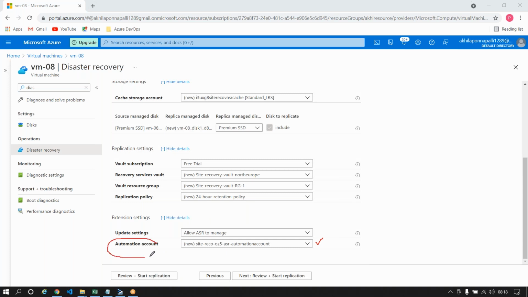That was what this particular creation wizard is kind of telling you, that, hey, I'll basically create something known as an automation account that will take care of all this process. Now, what this automation account does is very simple. It will have a PowerShell script inside it,